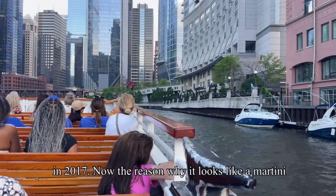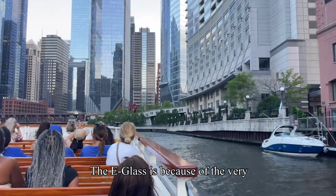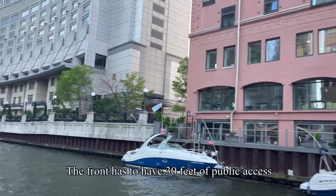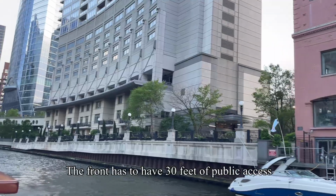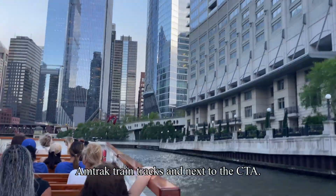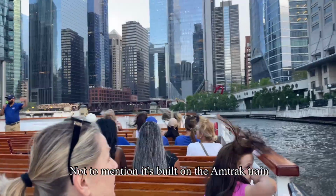Now, the reason why it looks like a martini glass is because at the very base, there's not a lot of room for a solid foundation. At the front, it has to have 30 feet of public access to the river, not to mention it's built underneath the Amtrak train tracks and next to the CTA, not to mention it's built on the